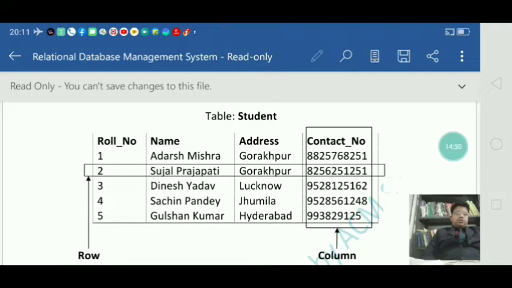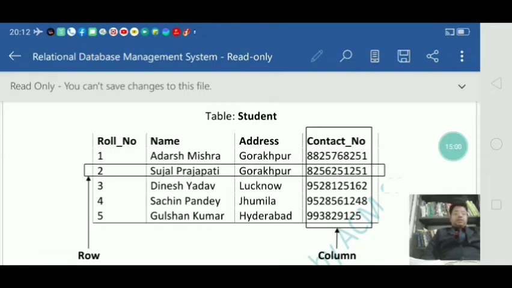If I call you along with the roll number and ask that student to stand up, only one student will stand up. That means it will point to Adarsh Mishra only. Likewise, whenever I ask for roll number 5, it will point to another student with the name Gulshan Kumar.